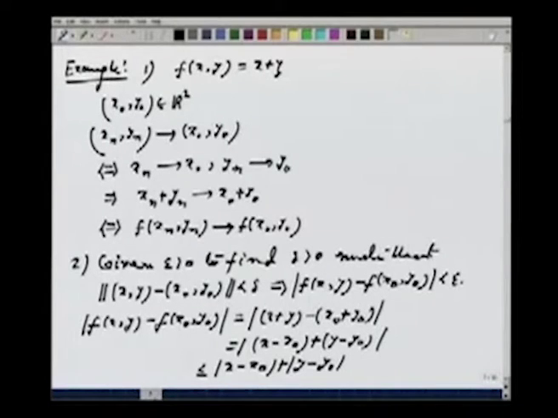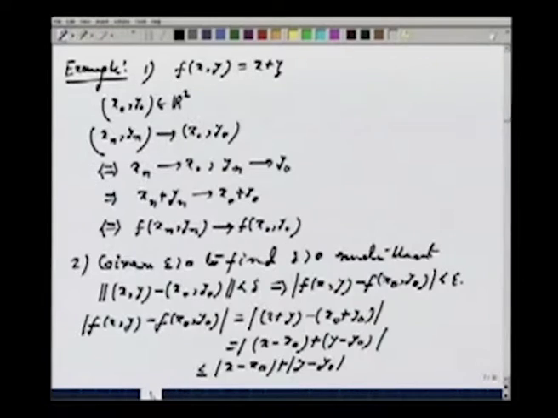Now I have observed that this is less than or equal to square root of (x minus x naught) square plus (y minus y naught) square, into 2,